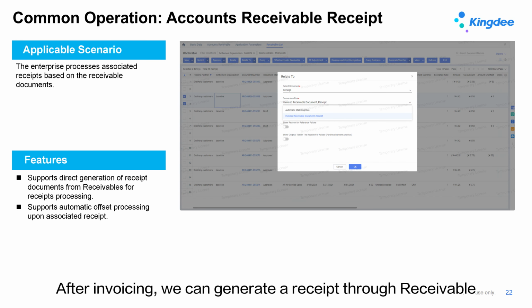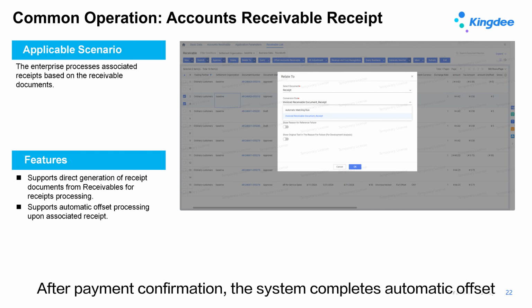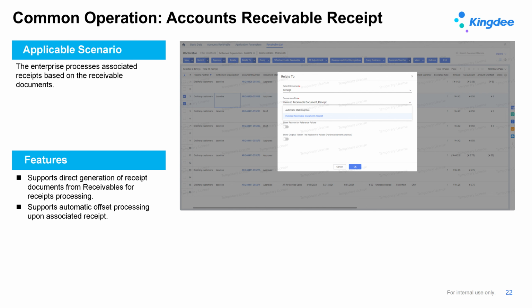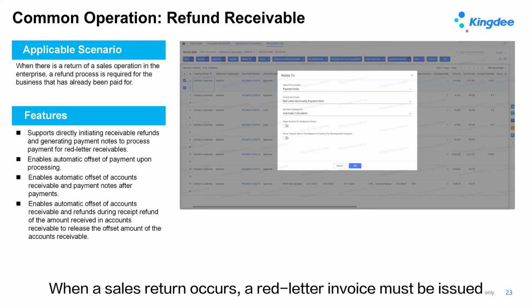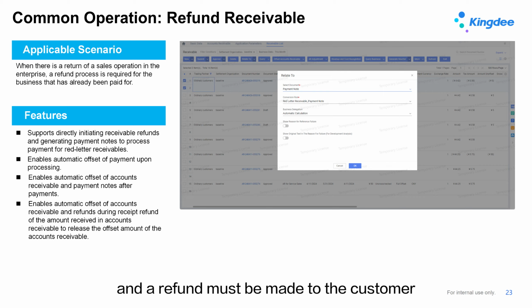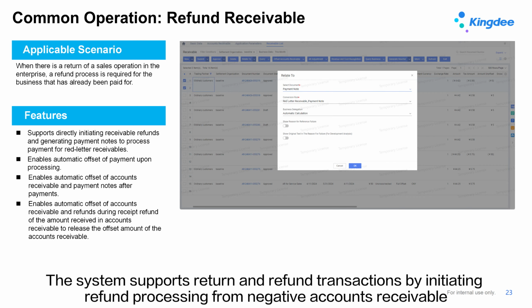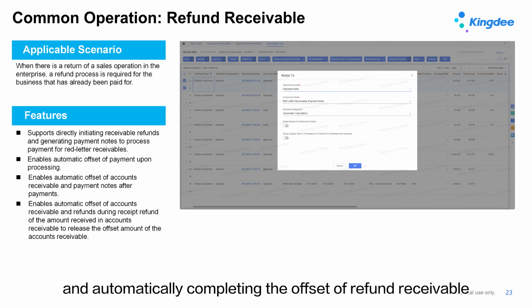After invoicing, we can generate a receipt through receivable. After payment confirmation, the system completes automatic offset. When a sales return occurs, a red letter invoice must be issued, and a refund must be made to the customer. The system supports return and refund transactions by initiating refund processing from negative accounts receivable and automatically completing the